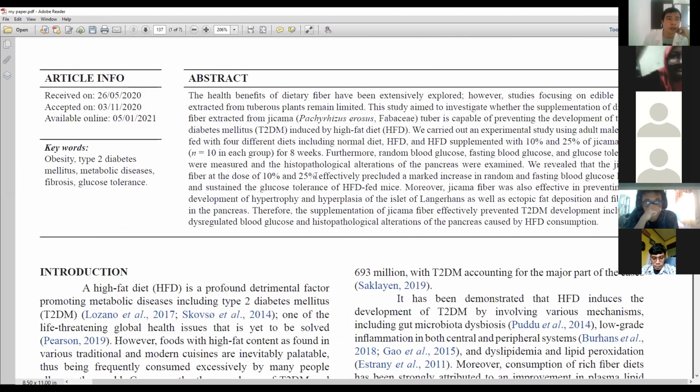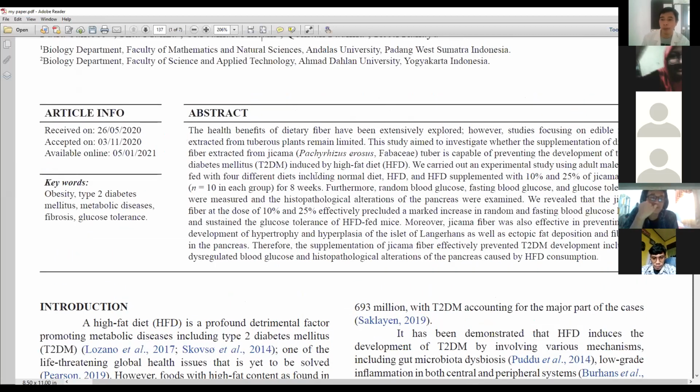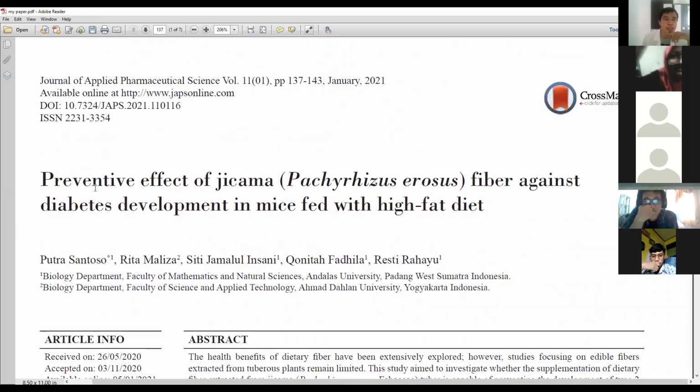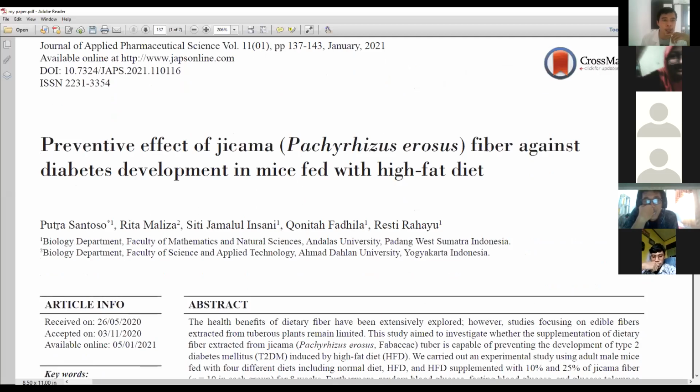Put on the... So previously you have learned with Professor Rahelmi about the abstracts, which is part of the articles. This is the title, and this is the authors and the affiliations, and this is the arrangement, the sequence of your authors. This is the first author. So in this article, I serve as a first author,